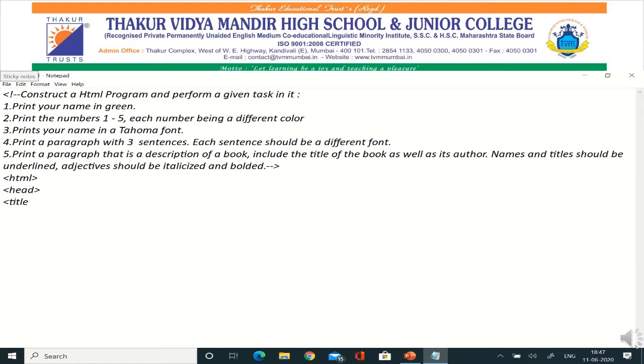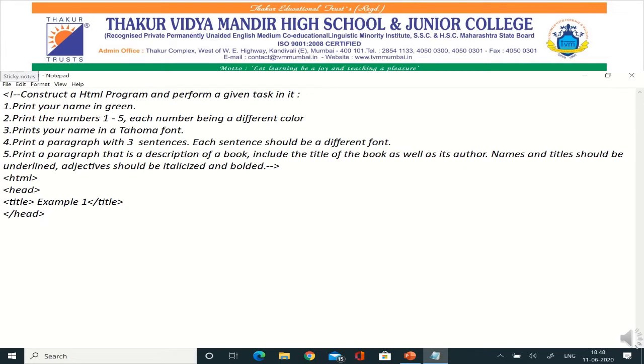Inside the head tag there is a title tag. Inside the title tag we are going to write the title, example 1. Close the title tag.